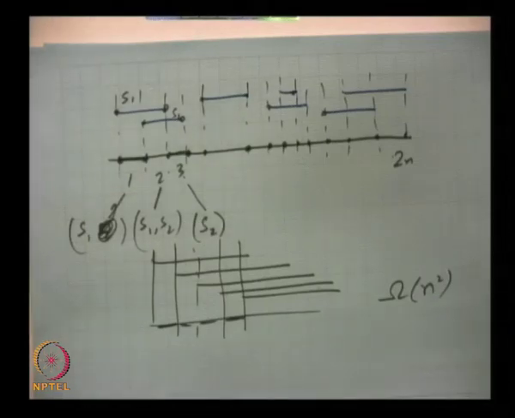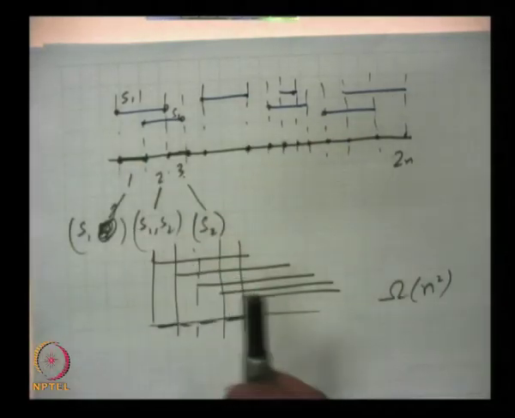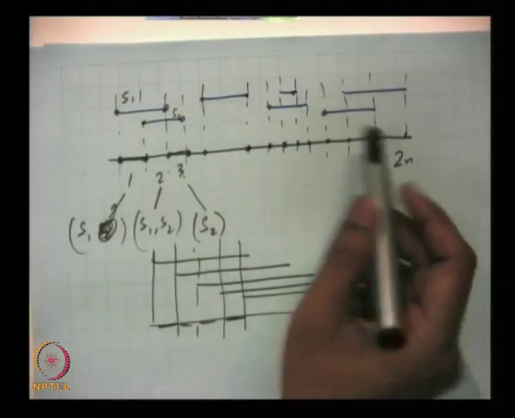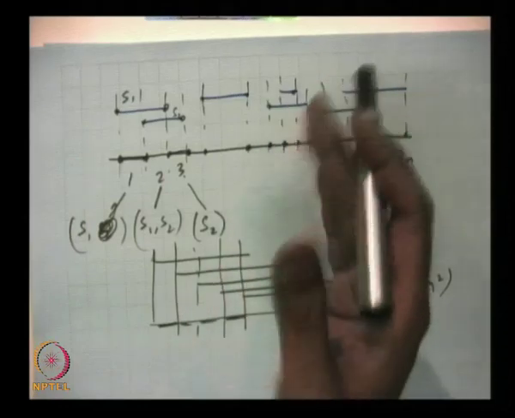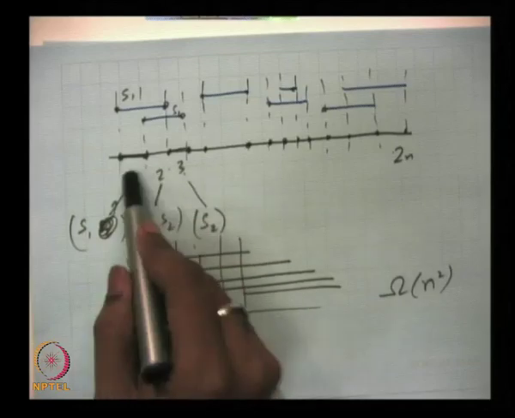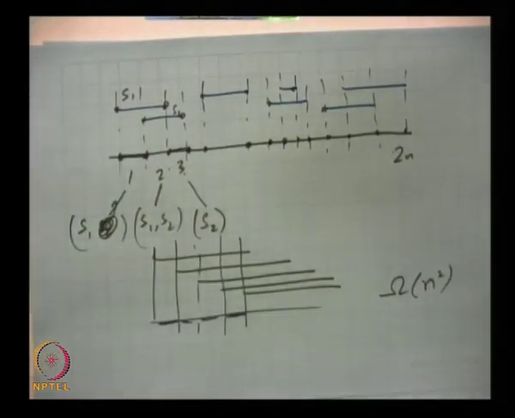So if I need to store n square information, I do not have much hope about an efficient algorithm. Although this kind of information can be maintained, and these 2n intervals are known to us in advance since we know the rectangles and the boundaries, still updating could be quite expensive, because a single interval can cover a lot of them. Whenever I encounter the right boundary or the left boundary, it could still mean a lot of work,